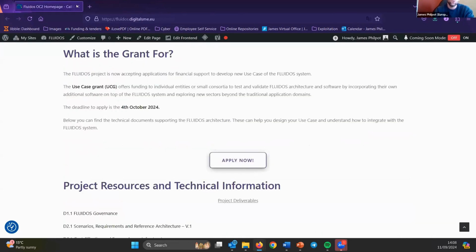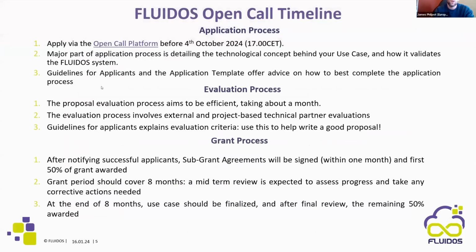So if I go back to the process, as I mentioned, the platform takes all of your details. On the platform are also the guidelines, which give you a lot of information on eligibility, how to answer the questions, what you should be putting in your application, as well as the application template, which helps guide you through this. There is also documentation such as our publications and the project deliverables, which give you background to the system. Once you've applied and the application process is closed, we will take about a month to